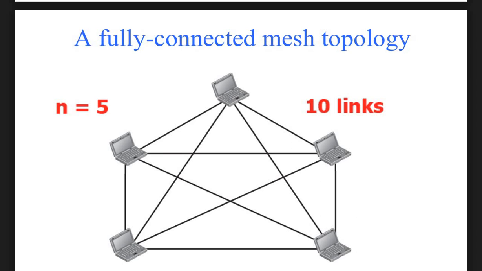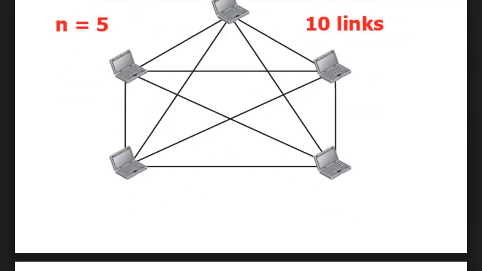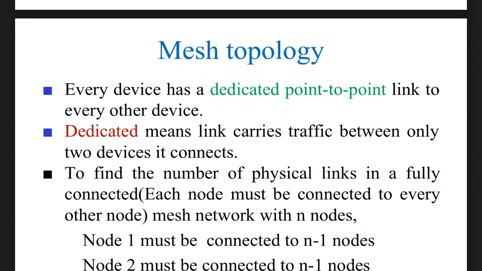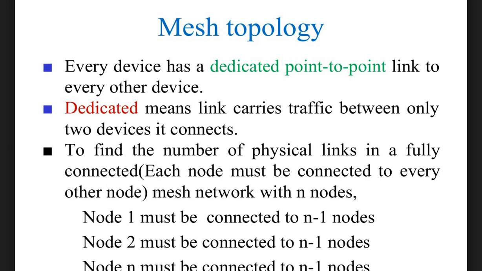It is connected to all of the other 4 computers, right? So if you have 5 nodes, then you get 10 links. How are we calculating this? To calculate that, we have a formula; I'll discuss it later. Now, what is mesh topology? That we have to understand now. Every device has a dedicated point to point